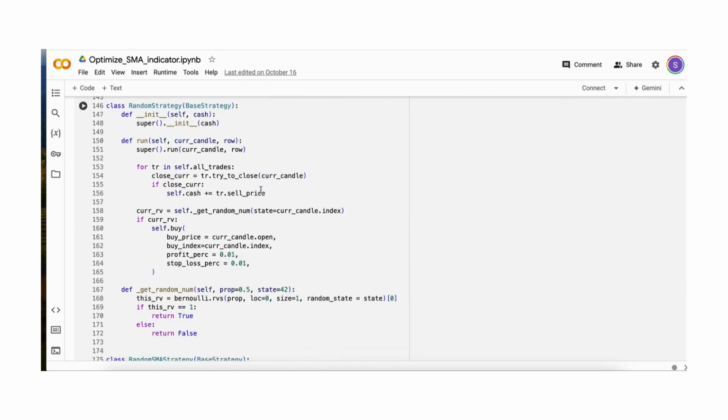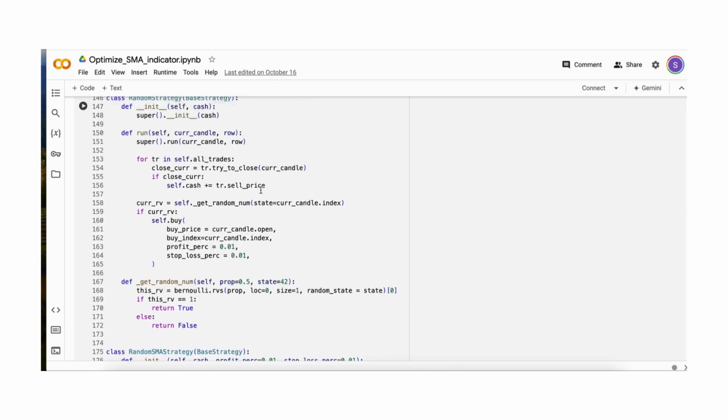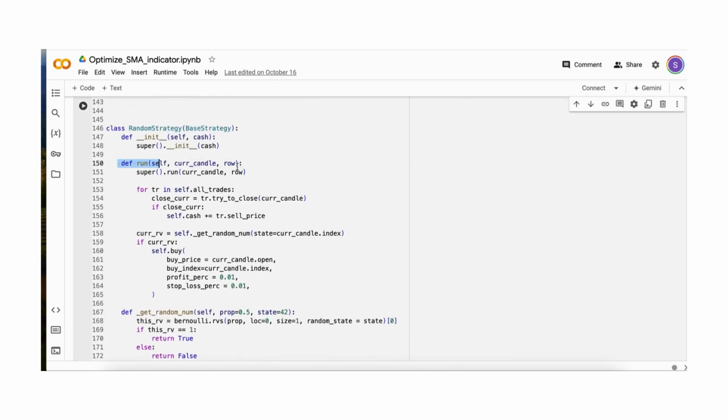The only thing that you need to care about in the strategy is this run function and our entry signal. The entry signal for the random strategy simply says whether a random variable is 0 or 1. And then we get a random number. If the random number is 1, we buy. And then we sell if we reach a take profit or a stop loss. And we define the profit and the stop loss